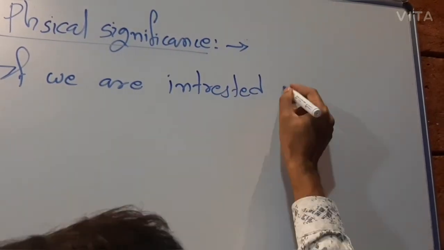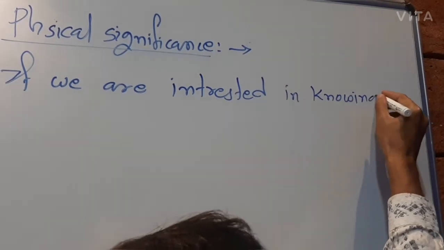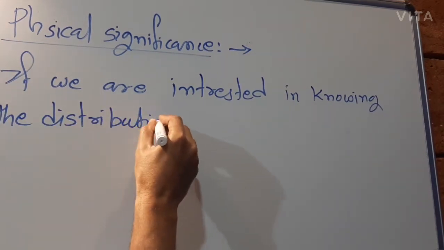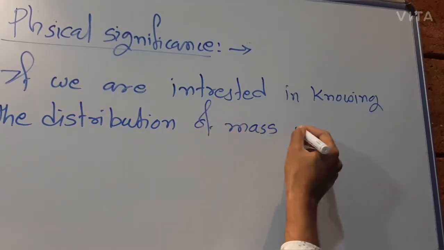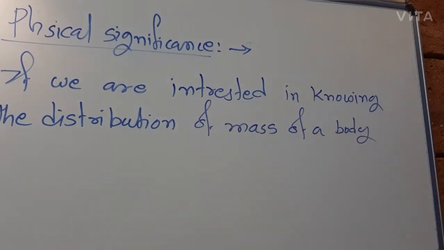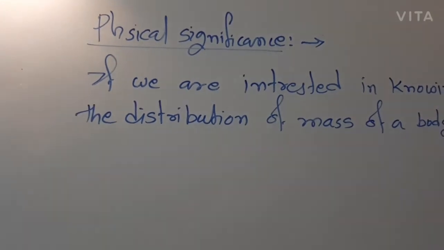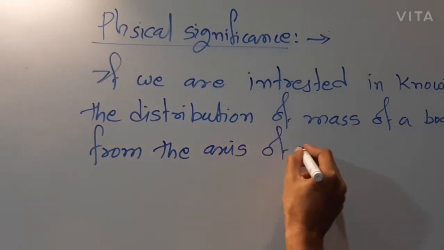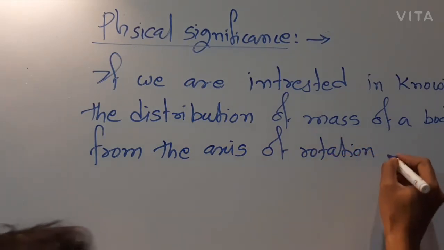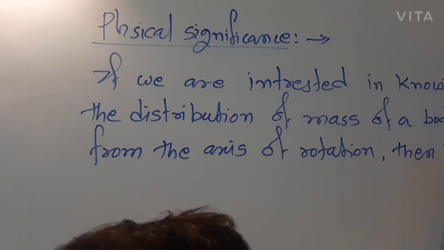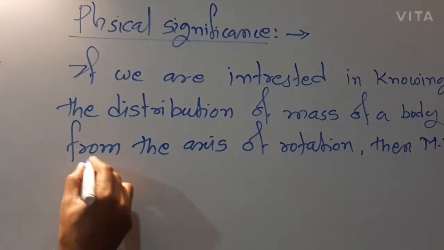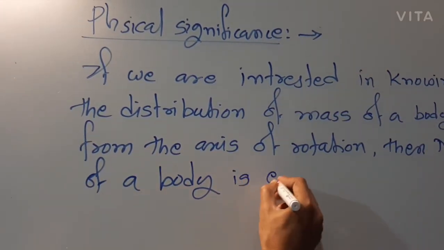If we are interested in knowing the distribution of mass of a body from the axis of rotation, then MI of a body is expressed as